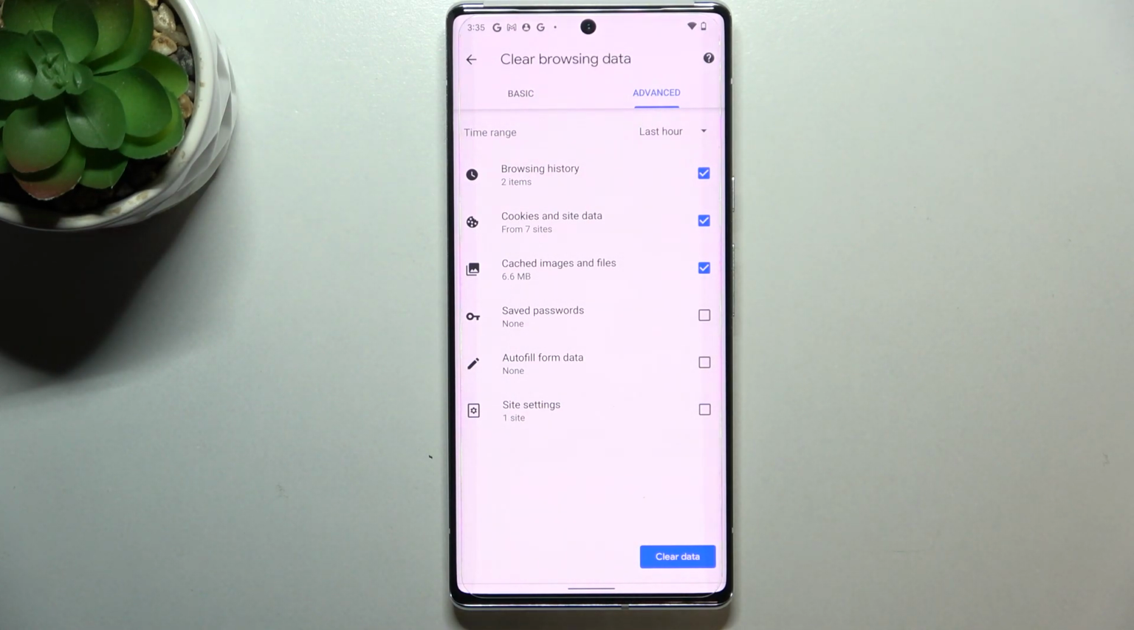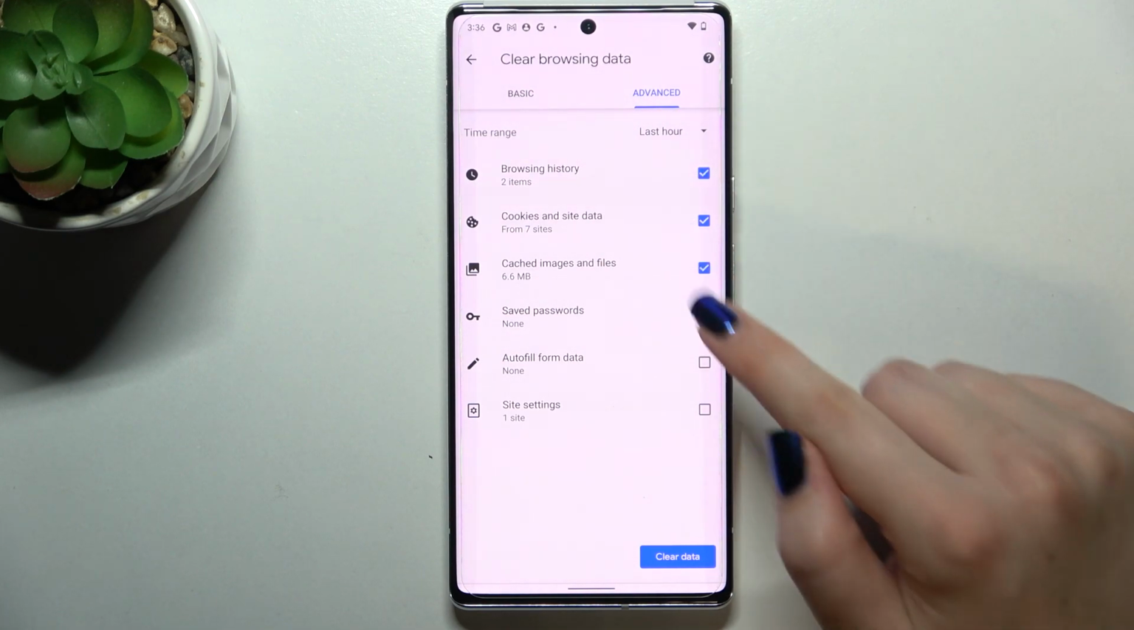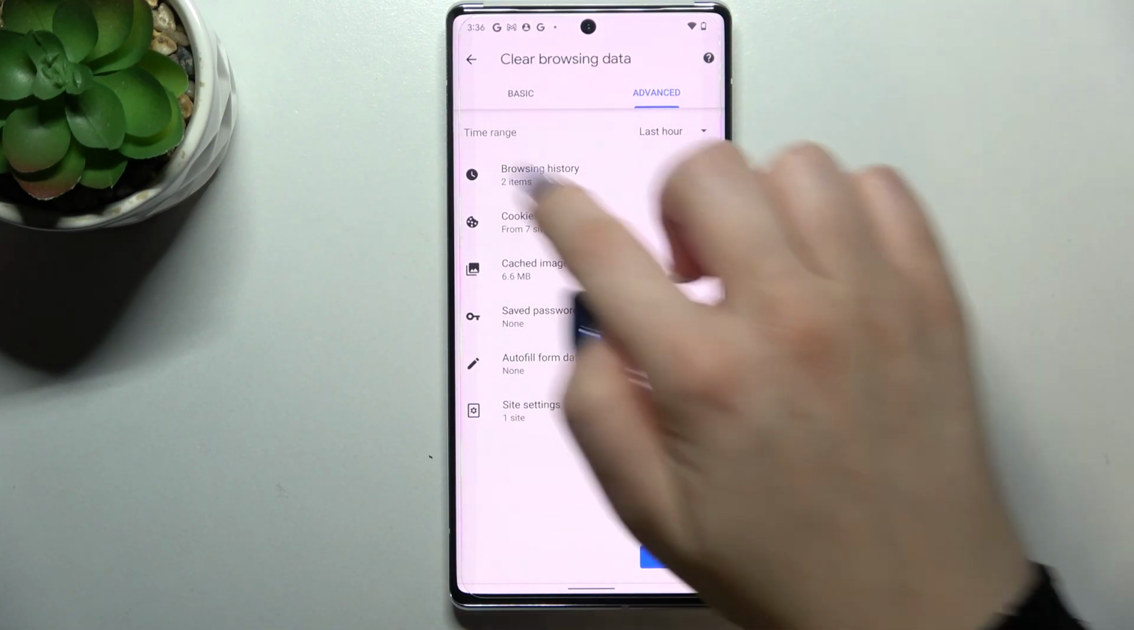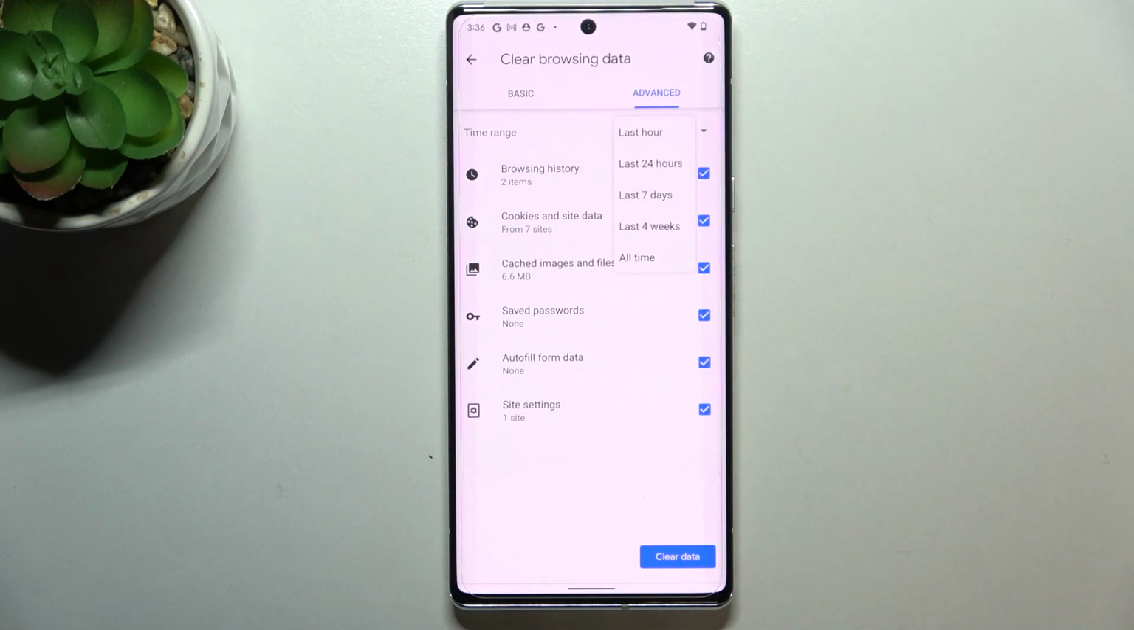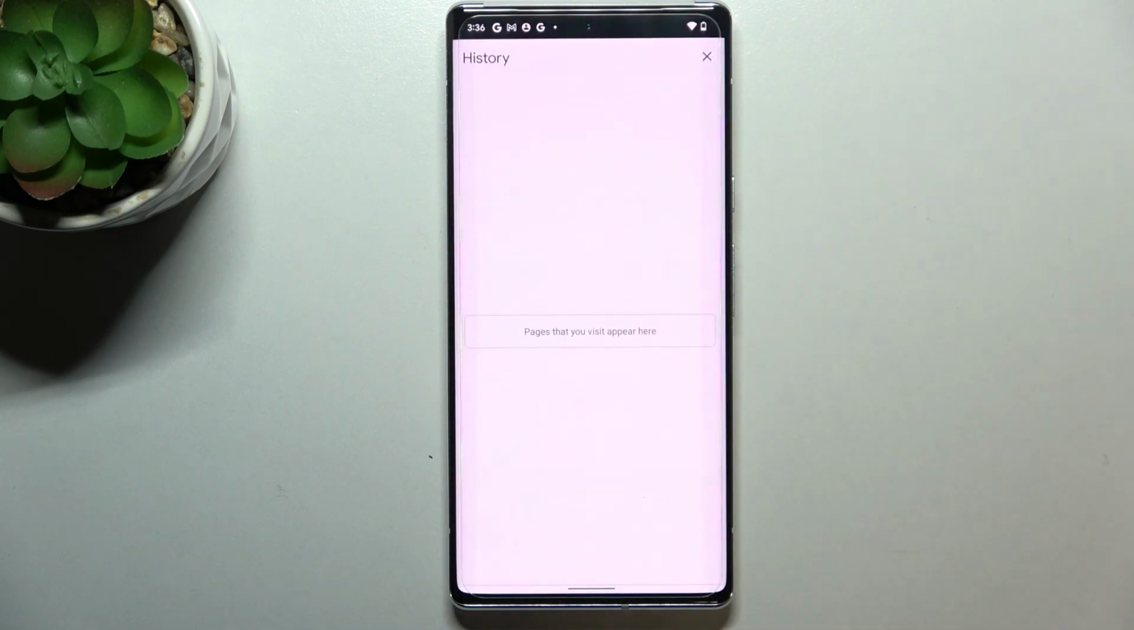So if you want to remove something, just make sure that it is marked like here. So let me mark everything. What's more, we can change the time range from last hour to, for example, last 7 days, up to you. If you are ready, simply tap on clear data, and we just got back to the history, which is right